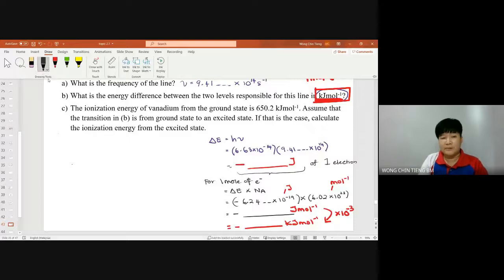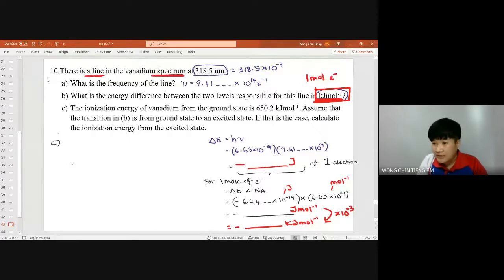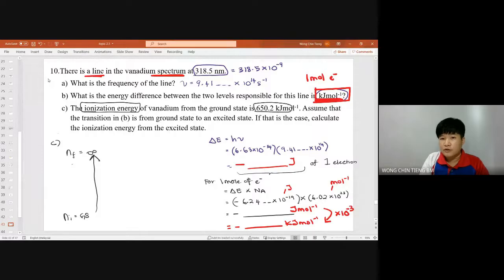So this one needs to be drawn. Many people asked, so I do not teach it on WhatsApp, because it really just needs to be drawn. The ionization energy means N final is infinity. The electron leaves. So I have N initial as the ground state, and the ground state moving to infinity for vanadium is 650.2 kilojoule. Over here I use IE, not delta E, sorry. IE, I use positive 650.2